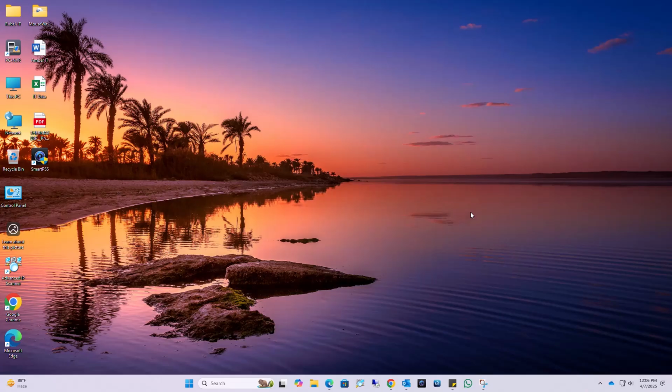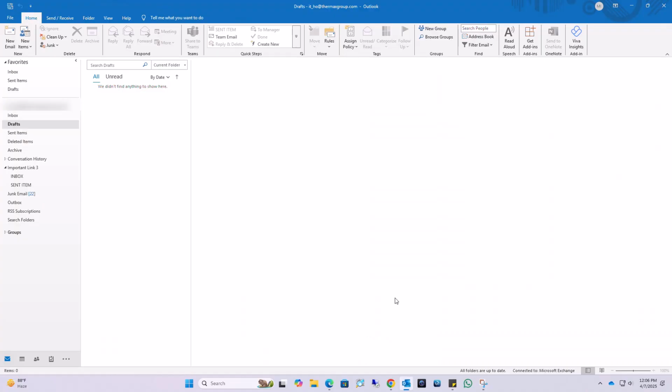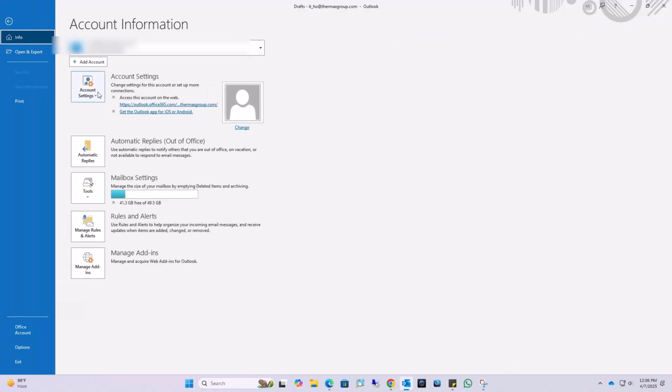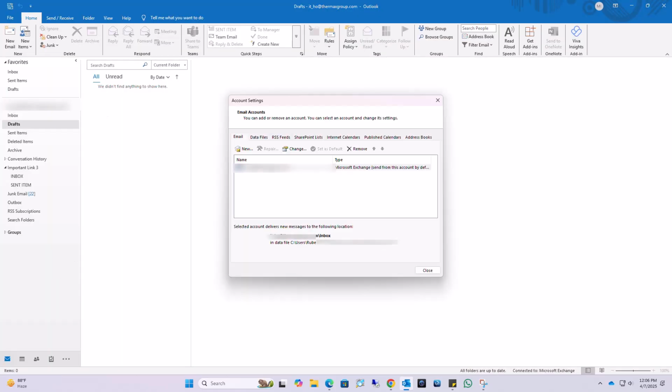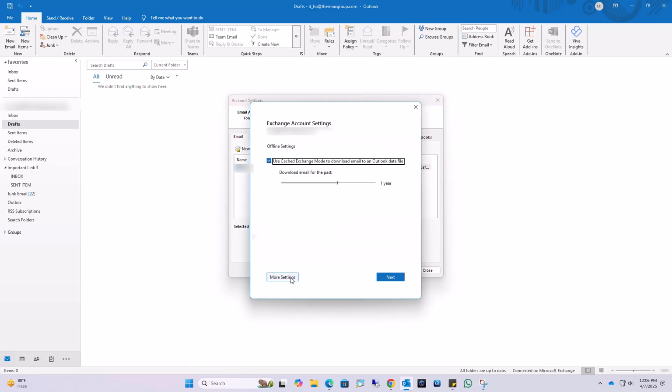Today I'll show you how to solve the issue of Outlook calendar not highlighting the selected date. To fix it, open Microsoft Outlook, click on File, click on Account Settings. From this drop-down menu, again click on Account Settings, double click on your email profile, click on More Settings, click